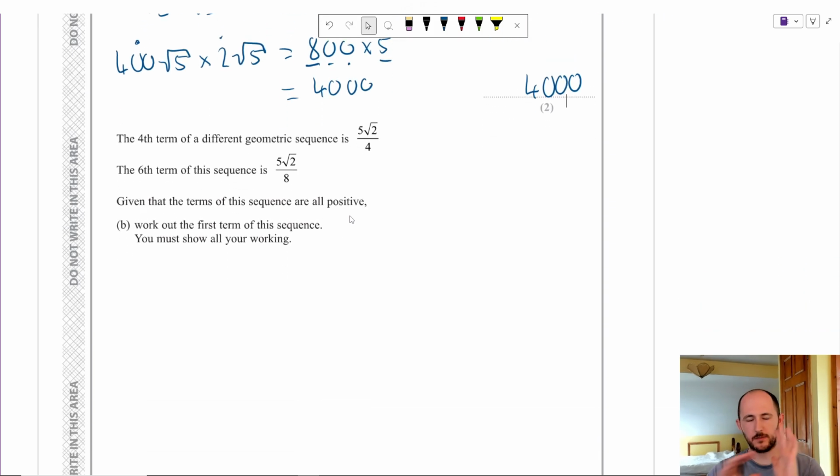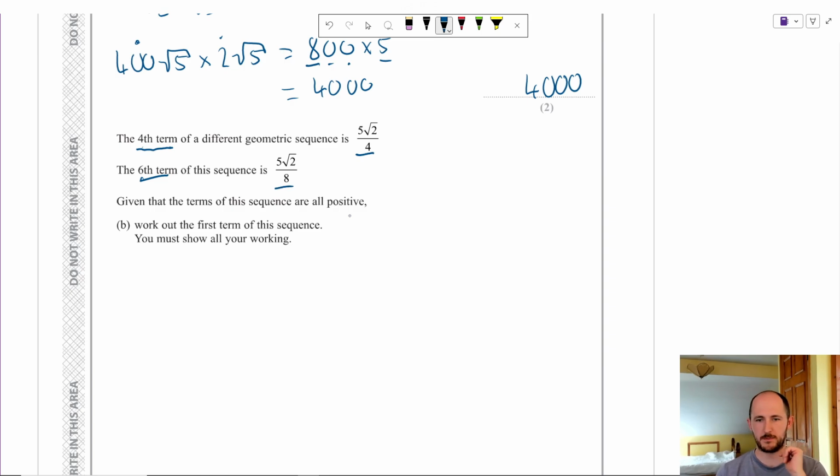Now, again, remember my golden rule. Well, it's 2 rules, really. They always give you enough information to complete the question, and they never give you extra information. So the fact that they've told me that this is the 4th and 6th term is actually relevant, because if